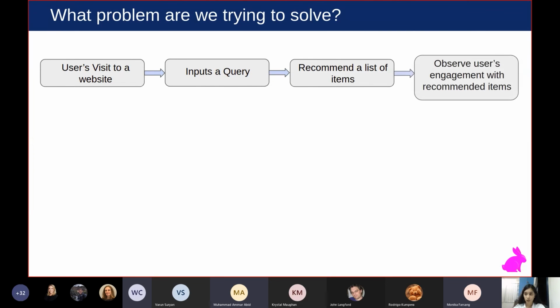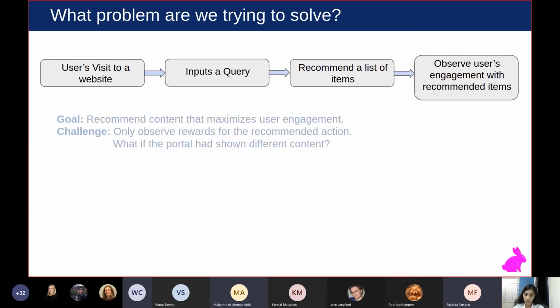The user's engagement with the recommended items is then observed. We observe information such as did they click, how long did they read, what was their dwell time, etc. This is called feedback. So the goal of the recommender is to maximize the user engagement. However, it is worth noting that we receive feedback only for the presented action, and the feedback for other predictions